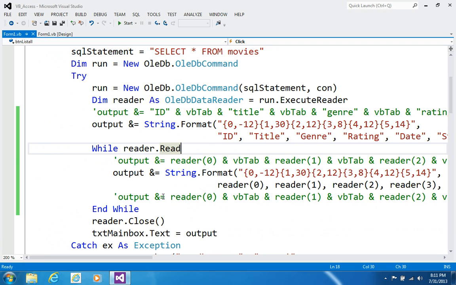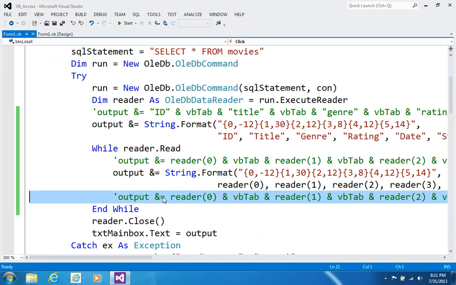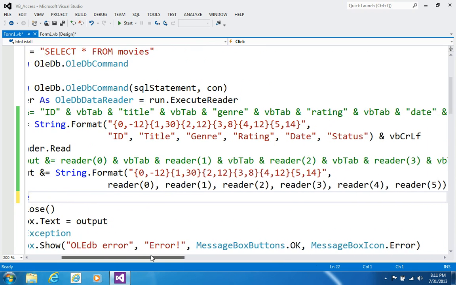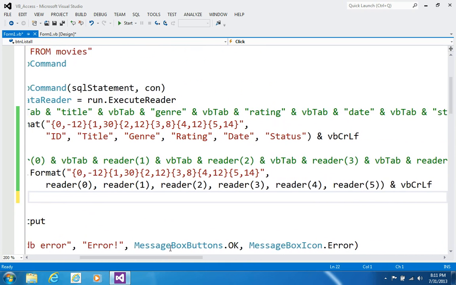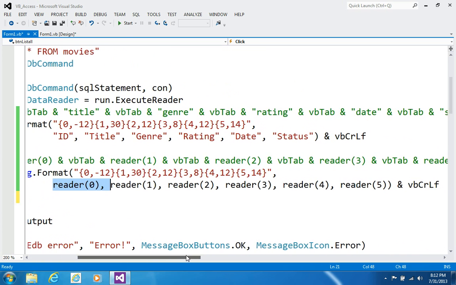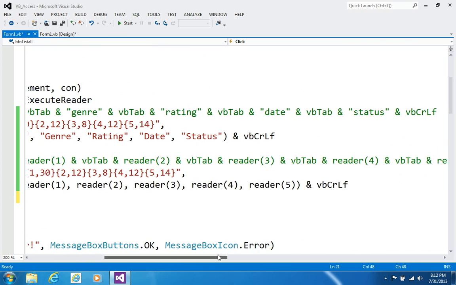And I do have 2 of these. I don't need this one, right? Okay. So all I did is replace these headers with the actual field values indicated by the reader, and